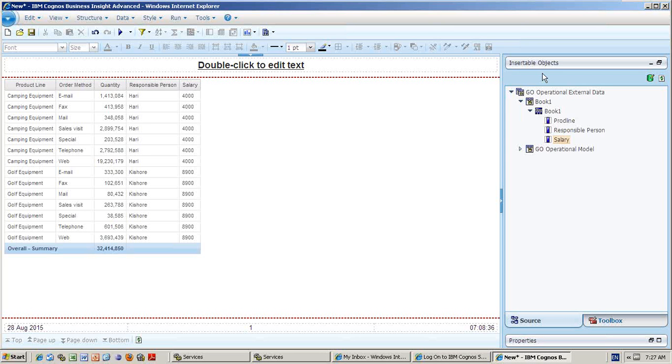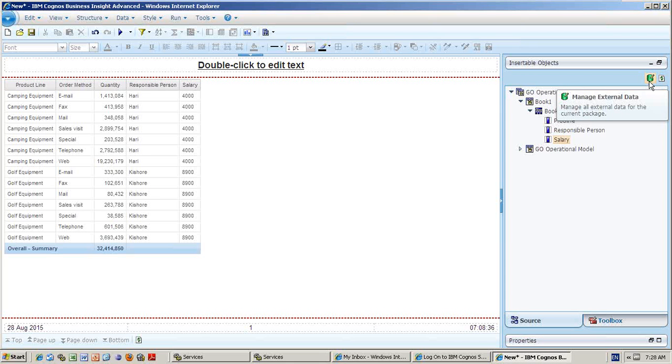You should show this extra option to add the column in Business Insight Advanced. Does Report Studio in version 10 have that option too? Yeah, this option is available.